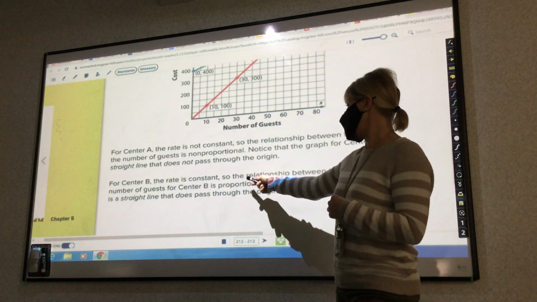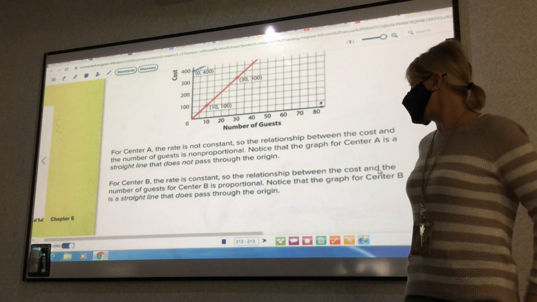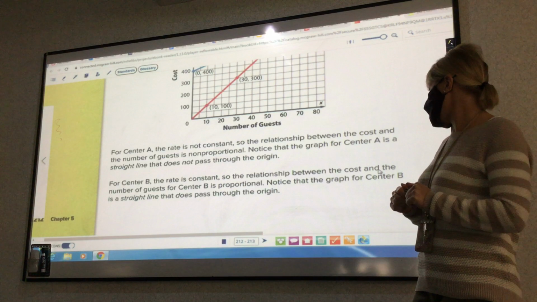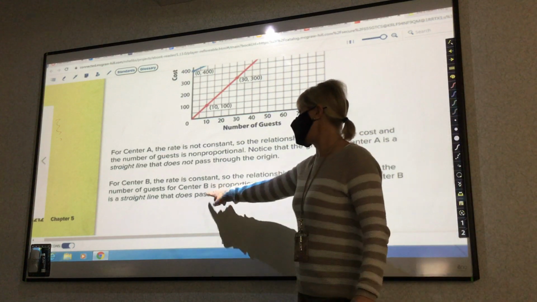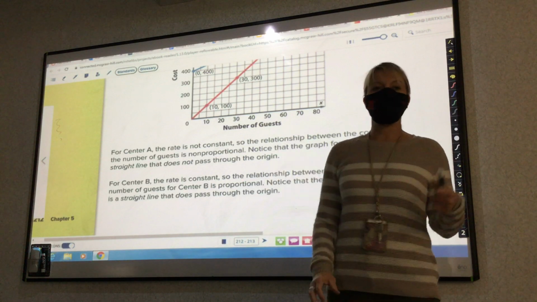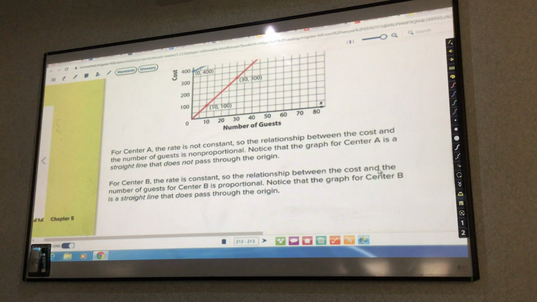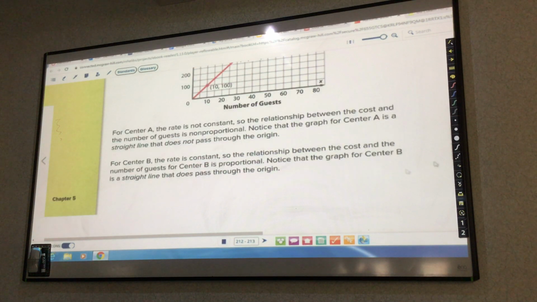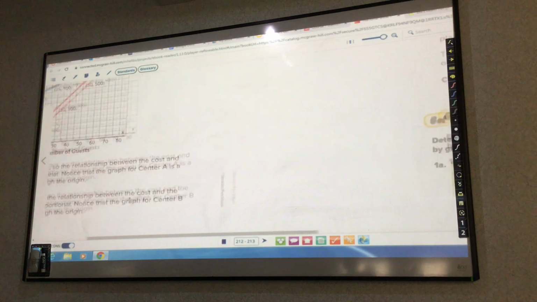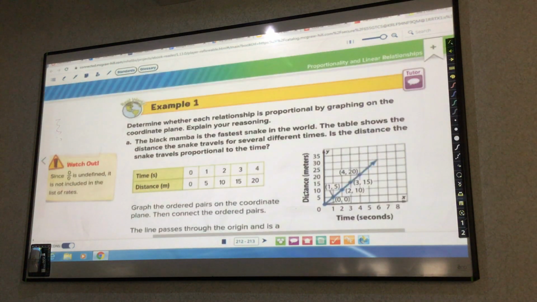So it says, so the relationship between the cost and the number of guests for center B is proportional. Notice that the graph for center B is a straight line that does pass through the origin. So when I said we're going to graph proportional relationships using these graphs, it's not as difficult as we think. When we're doing this, we also have to be able to use it in a chart. So for example, up here,